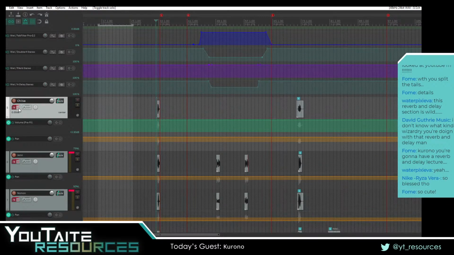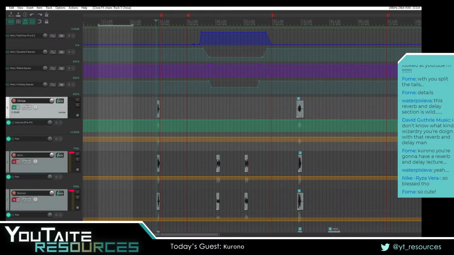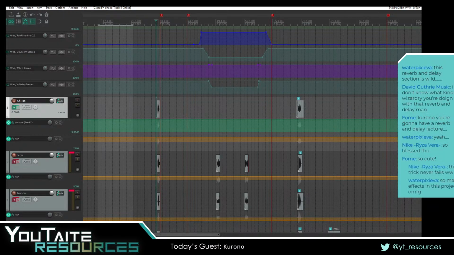It just does exactly what it does. EQ, compression, de-esser. I don't know why. Do I have auto? I have auto-tune on. Don't need it, but it's there. Yeah, trick never fails. It's so good. But yeah, so